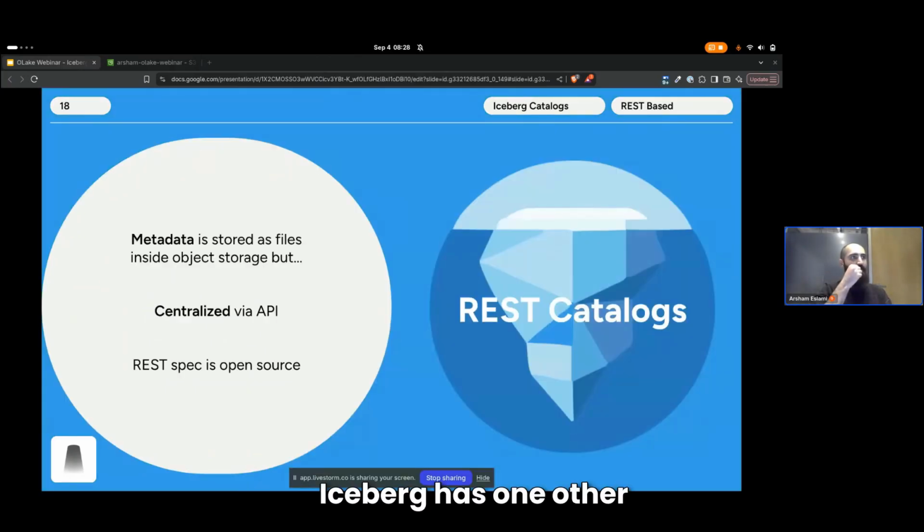Iceberg has one other kind of type of catalog. It's kind of a bit of both. There is a service component, and the metadata is kind of in object store as well. It's still centralized via an API, and there's a standard REST spec that's open source as part of the Iceberg spec that lets you access things.